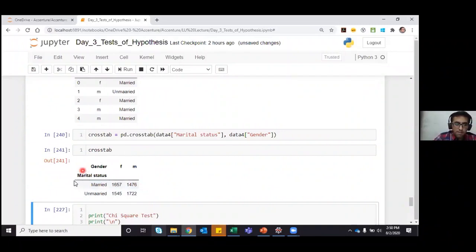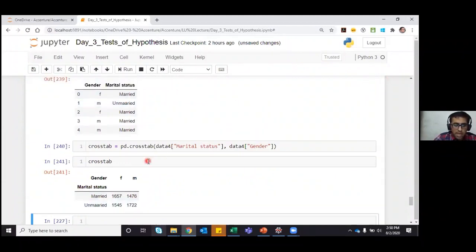And as per the chi-square statistic, we will apply it on this data. We can go for a crosstab, which will just aggregate the data according to the counts in the specific category.